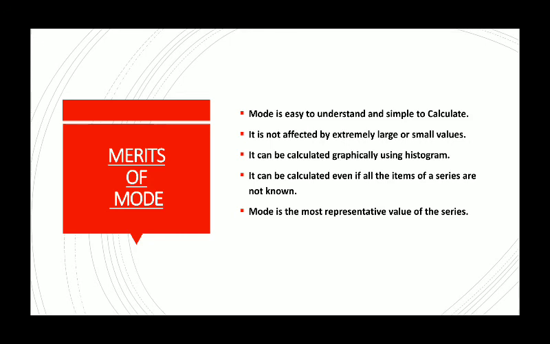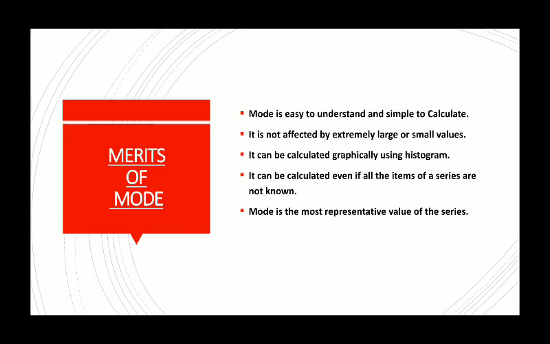It can also be calculated even if the data is not complete. Like in case of an incomplete series also we can calculate mode, because with the available data, whichever value is available the maximum number of times in the series, we'll say that is mode. And it is the most representative value of the series. Why so? Because it is the value which occurs the maximum number of times. So it is the average which people use in many cases in practical life, like average size of a ready-made garment. If most of the people are purchasing that particular size, then the seller will try to purchase more of it in order to resell. Production will also be affected by that, because of the size which the maximum number of people are using.